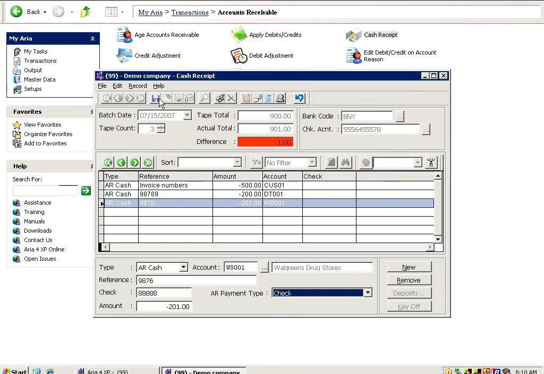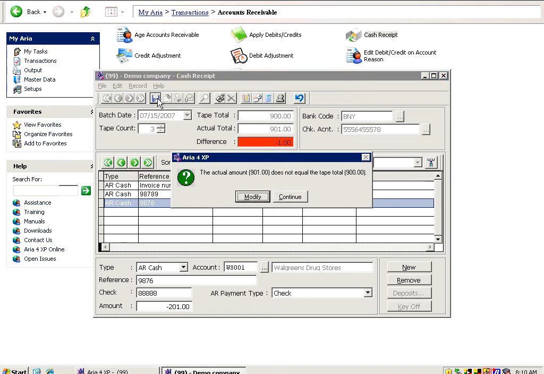And just to demonstrate that, I'm going to hit my save button right now. It says the actual amount 901 does not equal the total amount. Is that correct? If I hit modify, it's going to bring me back to the check, so I can fix that to 201. If I hit continue, it's going to assume that the checks are correct, and it's going to adjust the tape total to become 901, right? But the whole idea is that upon saving, the system is going to give you warning messages if the number of checks or number of payments, let me say it this way, do not equal the tape count that you planned,